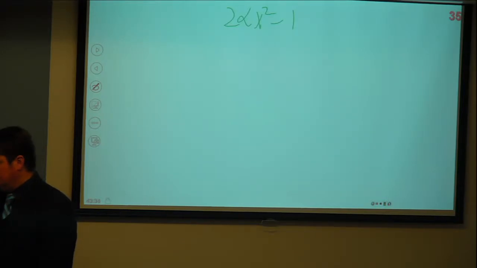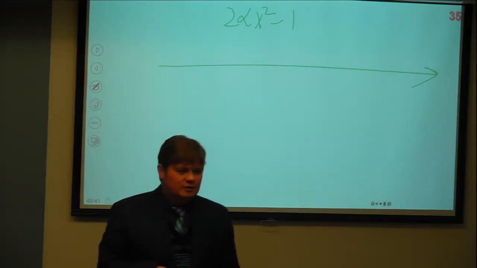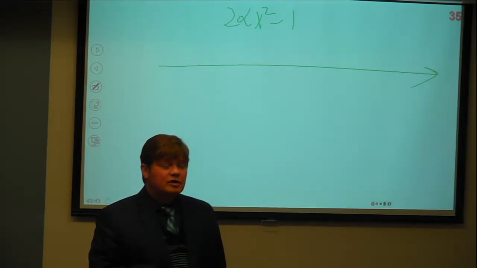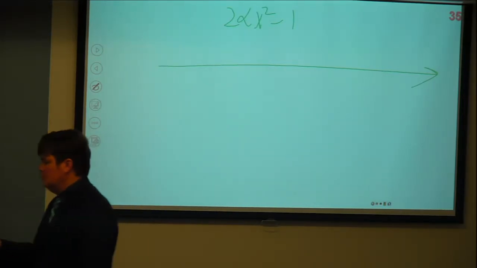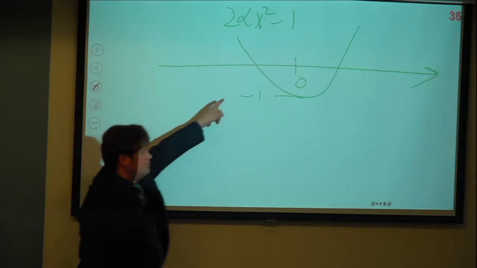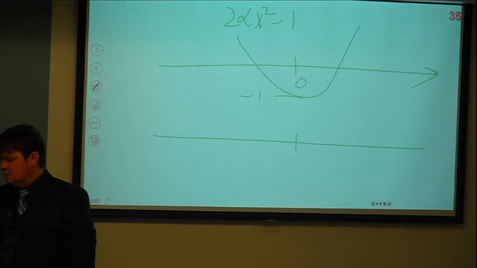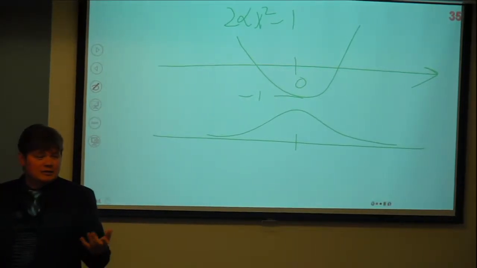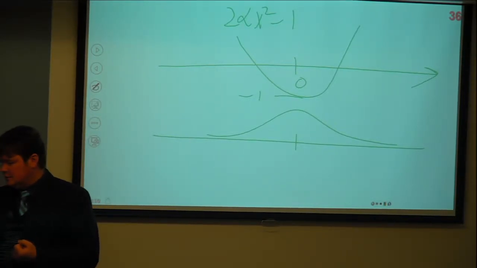If you want to draw just this 2 alpha x squared minus 1, what does the function look like? It's an exponential that's shifted. Not exponential, quadratic. A quadratic parabola that is shifted down 1 from the origin, but is slightly skinnier because it increases a lot faster. So minus 1, right? Just shift it down. The exponential is something that we loved from childhood. Not exponential, the Gaussian function. And now we need to multiply these two functions and get the result.